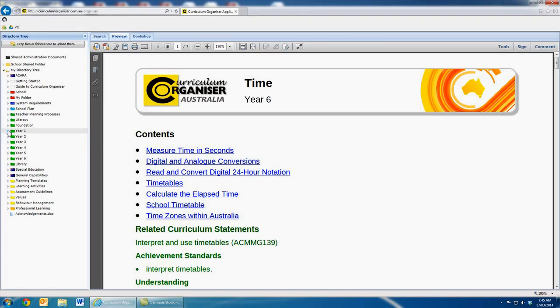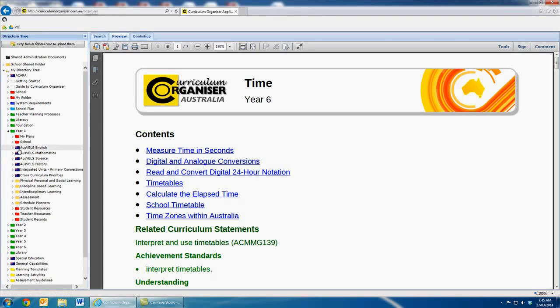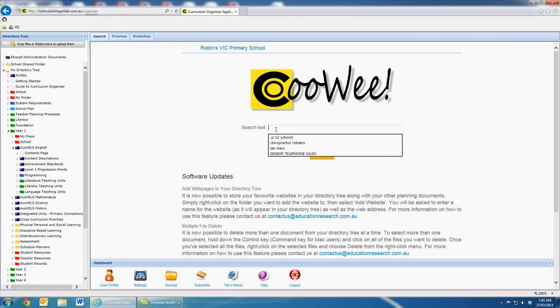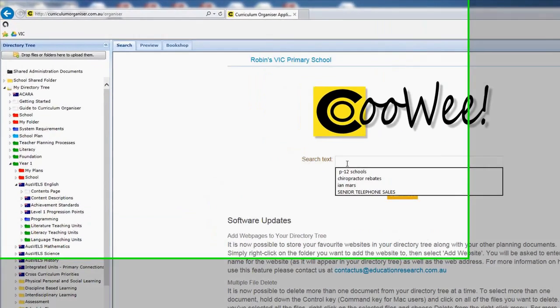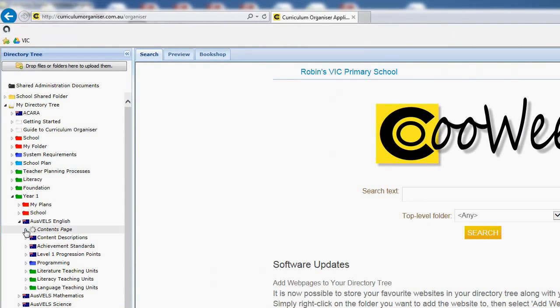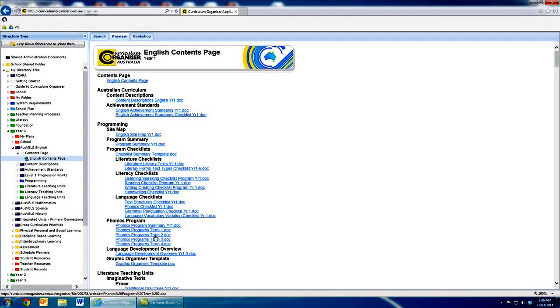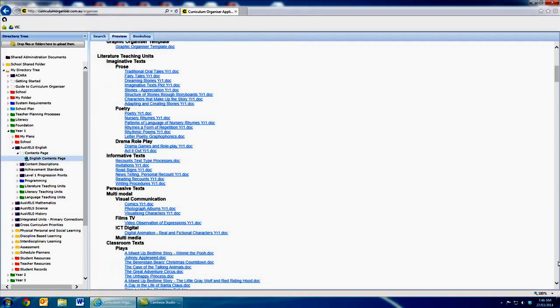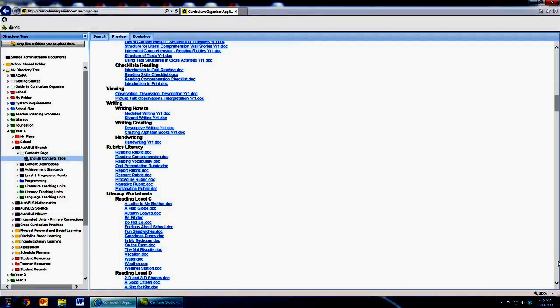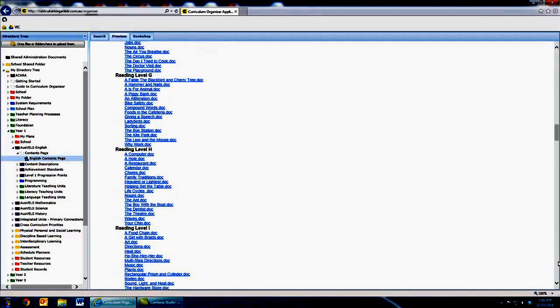There are many documents within the Curriculum Organiser, and sometimes it might be difficult for people to find these documents. The search function is of course a very important function because you can put any word into the centre and you will then be able to find those documents. Or you can use a contents page. The contents page is like the contents page of a book. It's the beginning of the book, and within that book there's a list of all of the materials which are available